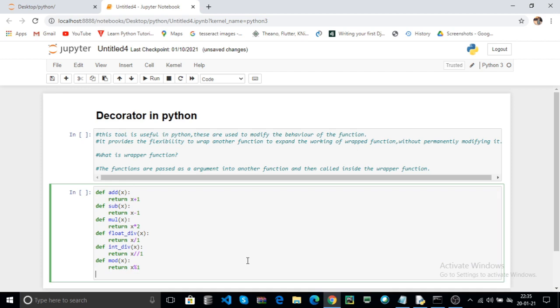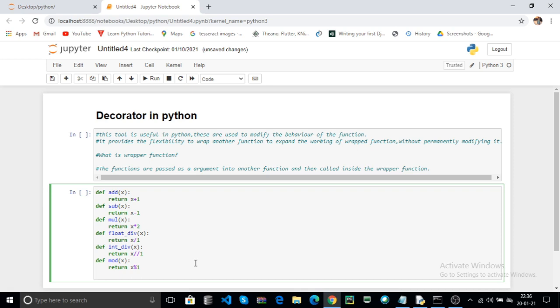Now I create another function. Operation is another function. Here the operation function, we will discuss later. Now call another function.